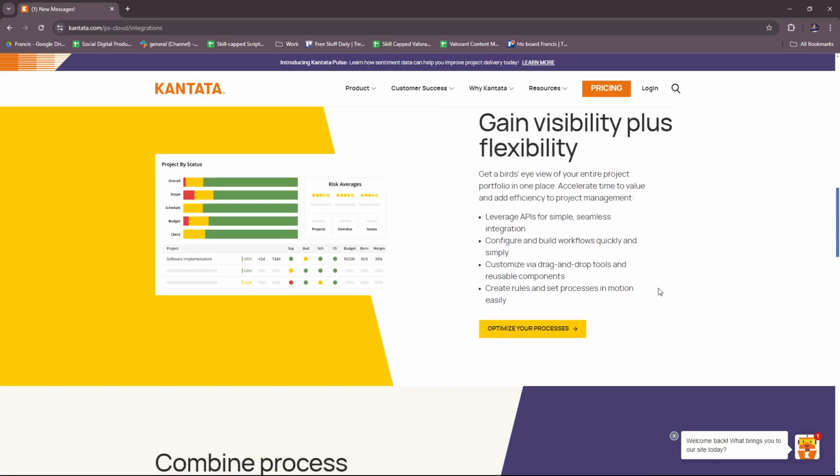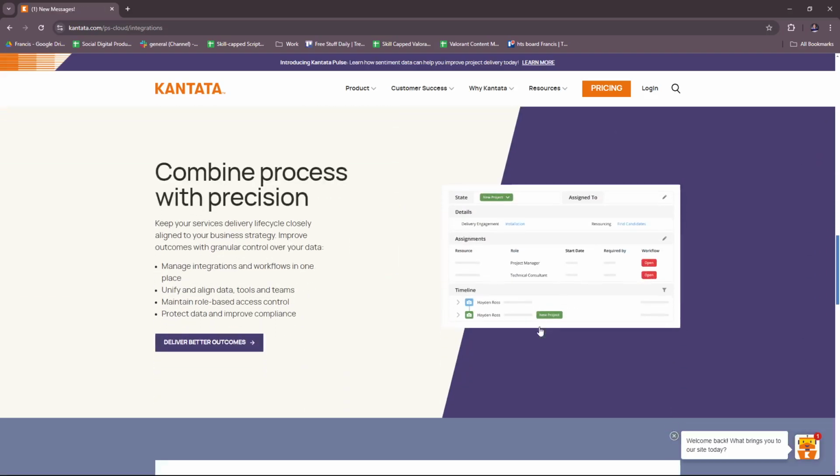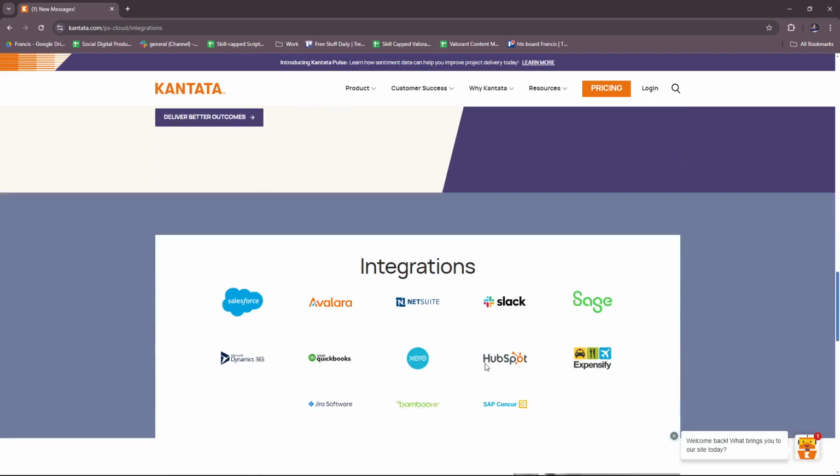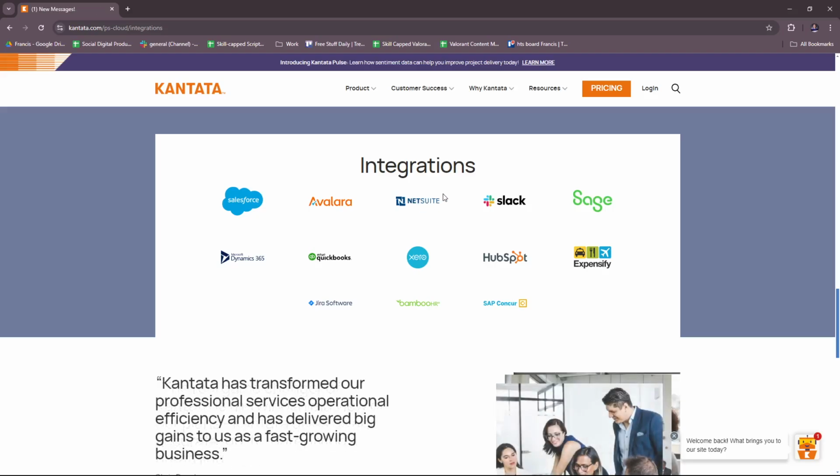So for example, you can leverage APIs for simple seamless integration. You can configure and build workflows quickly and simply. You can customize via drag and drop tools and reusable components. You can also create rules and processes and set processes in motion easily. You can combine process with precision, and these are just some of the examples of their